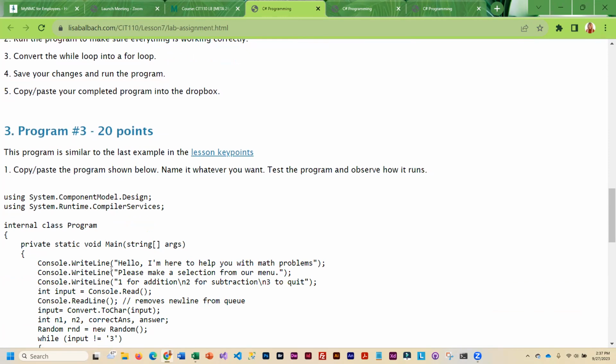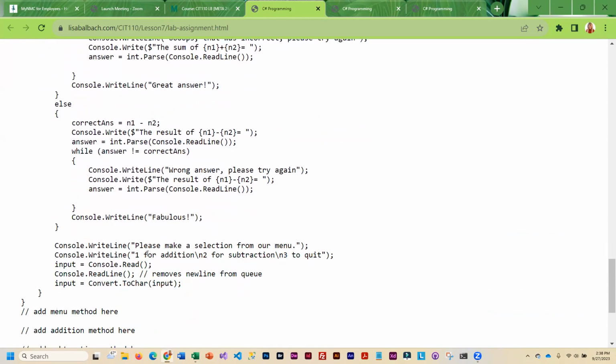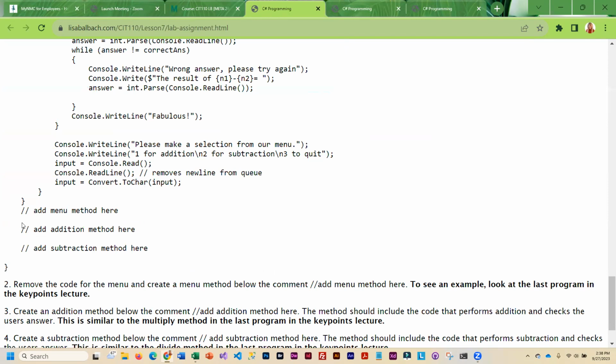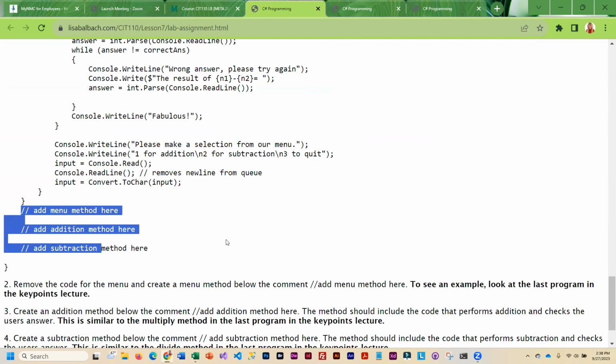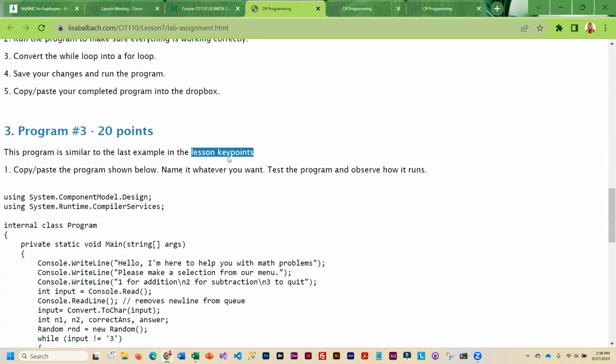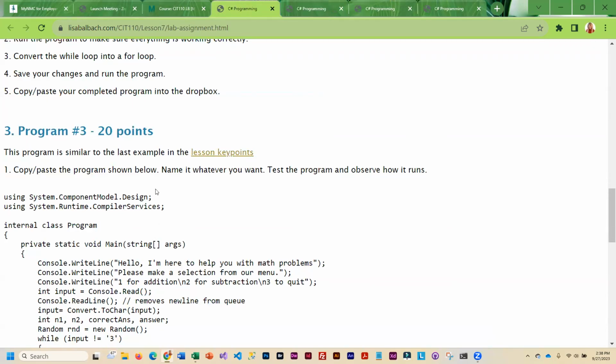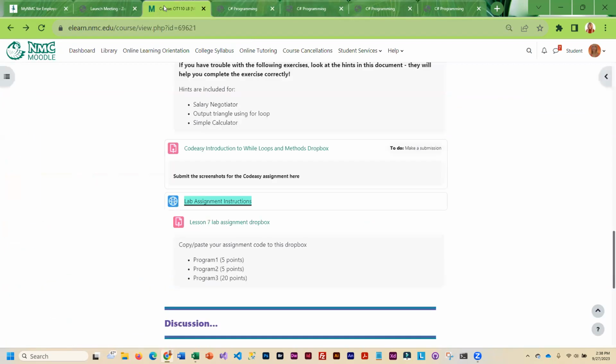And then the last one, I'm giving you a portion of the program, and you'll end up having to complete it. So there's 3 methods you're going to have to write. I've also given you a link here to a program that is similar. So that is your assignment.